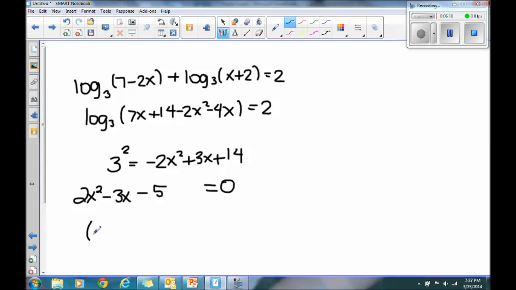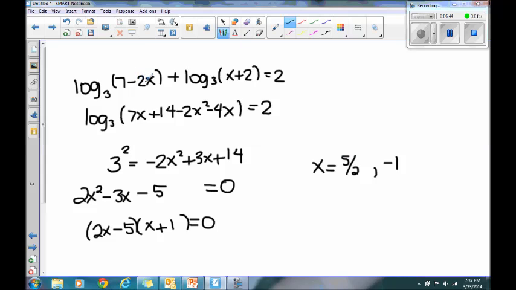Then when I go to factor that, the two numbers that multiply to be negative 10 and add to be negative 3 are negative 5 and positive 2. So I will get the polynomial factored. I'll set each piece equal to 0, and I'll solve each piece for x. When I check,